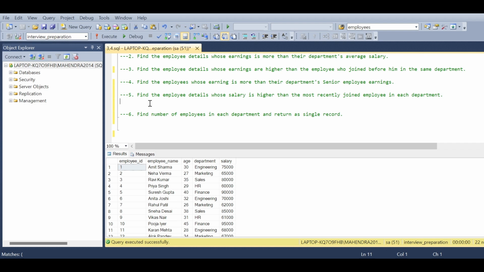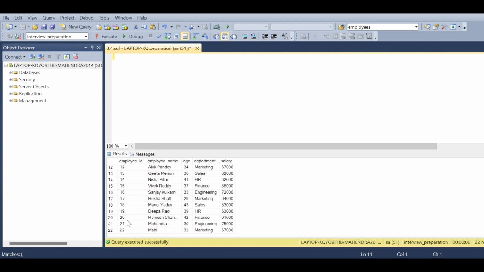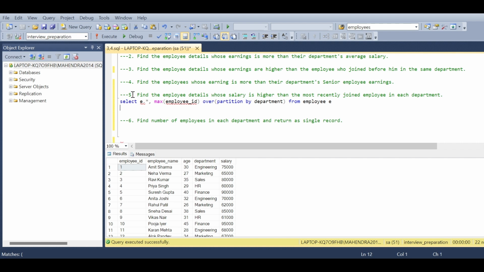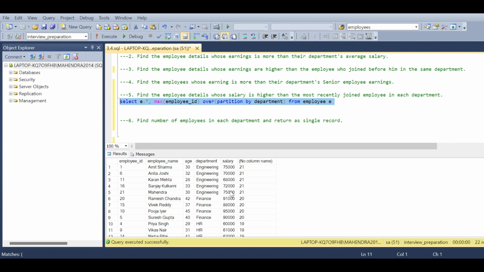Now we'll start writing a query. I will be retrieving all data. See, we have 22 employee details. Now I'm going to write a query that will return all data: select e.*, and I'm going to return the maximum of employee ID, meaning who joined recently, over each department. So I'm using partition by department from employee. If I execute this one,